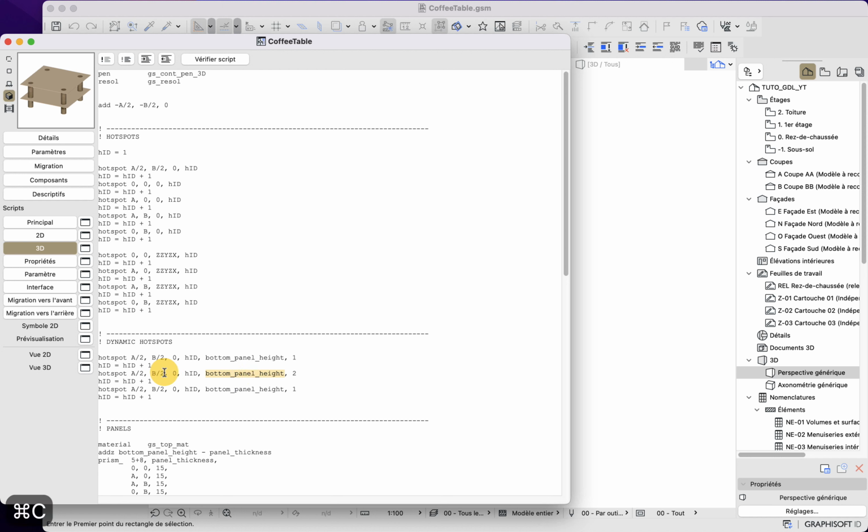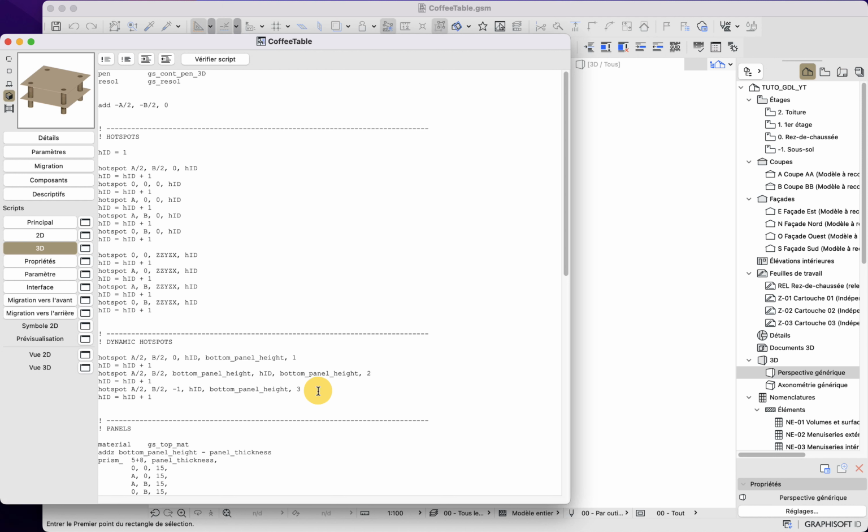So this is the value that we will give at Z, like this. And then for my third hotspot, it is the reference hotspot, the hotspot that is opposite to my dynamic hotspot. So here it will be opposite in Z, so it will be negative, so I will put -1. Here I could put -10 or -0.1, it doesn't really matter, -1 is enough.